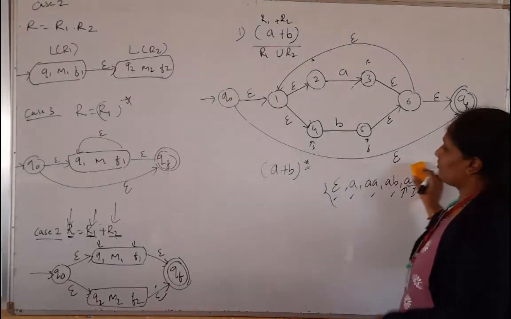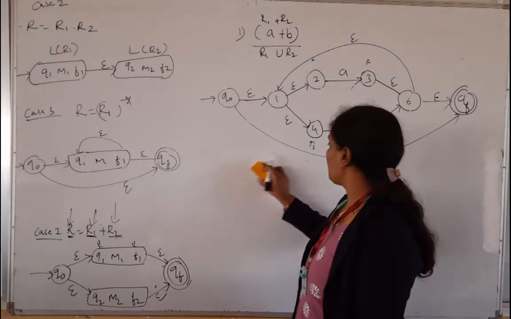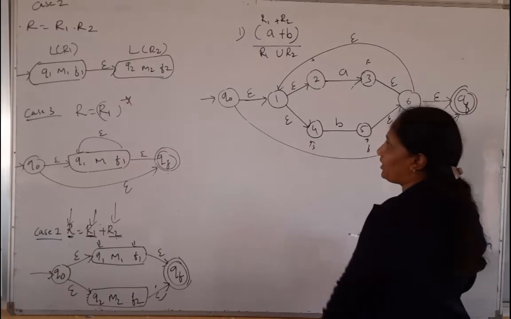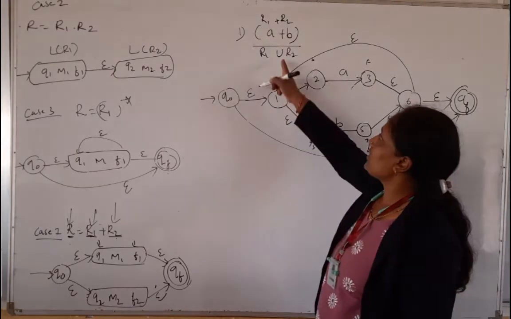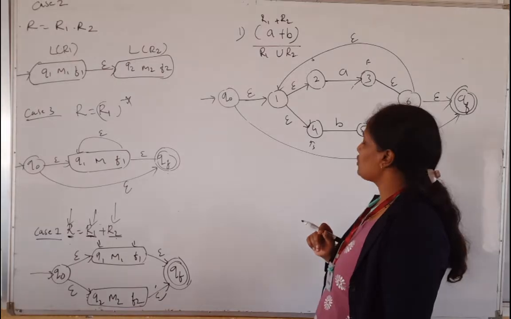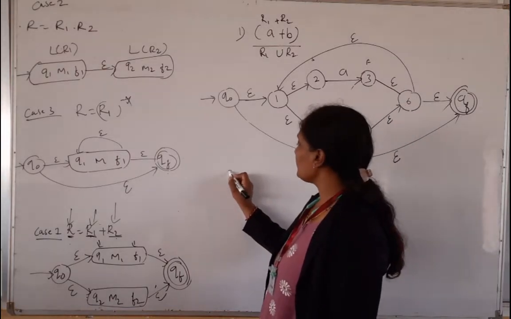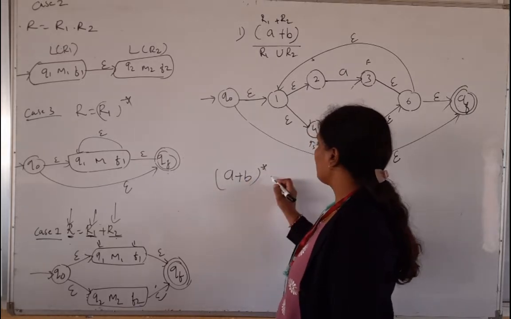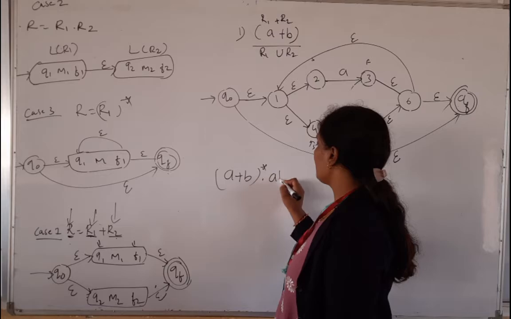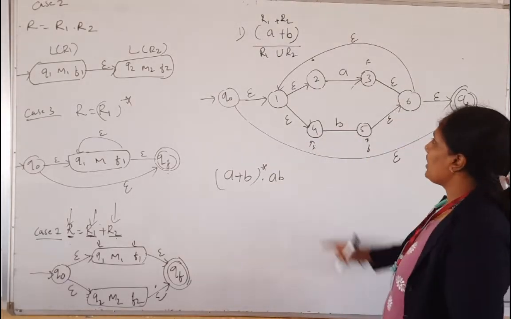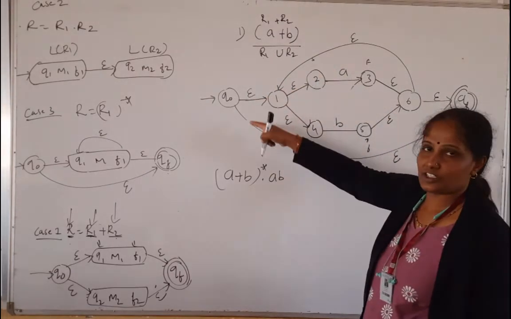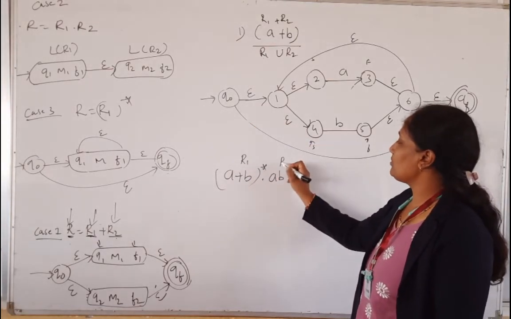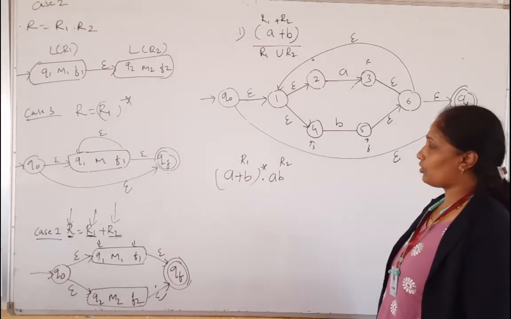Okay. So the first case is over, the third case is over. Check out the second case. So the second case is a concatenation of two regular expressions. So here we will take another expression, that is (A plus B) star, then AB. So (A plus B) star, I know this finite state machine. Next, this is my R1, this is my R2, and what I had used here is dot.